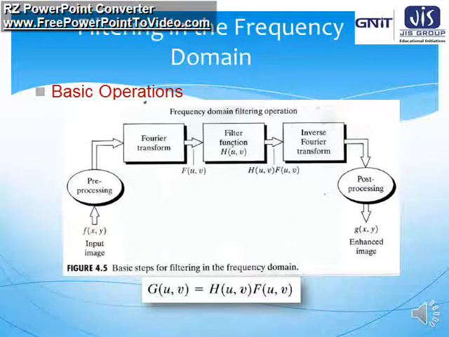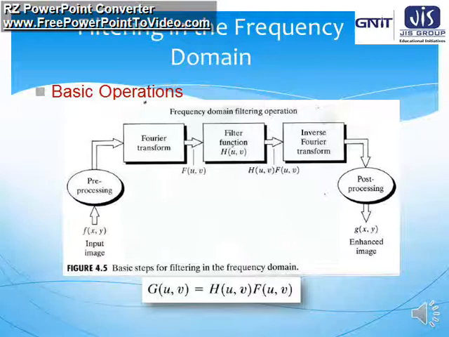Here, the basic steps for filtering in the frequency domain have been given, where f(x,y) is the input, which is pre-processed. After this pre-processing, it is given to the Fourier transform block. Now the output of this Fourier transform, F(u,v), is fed to the filter function